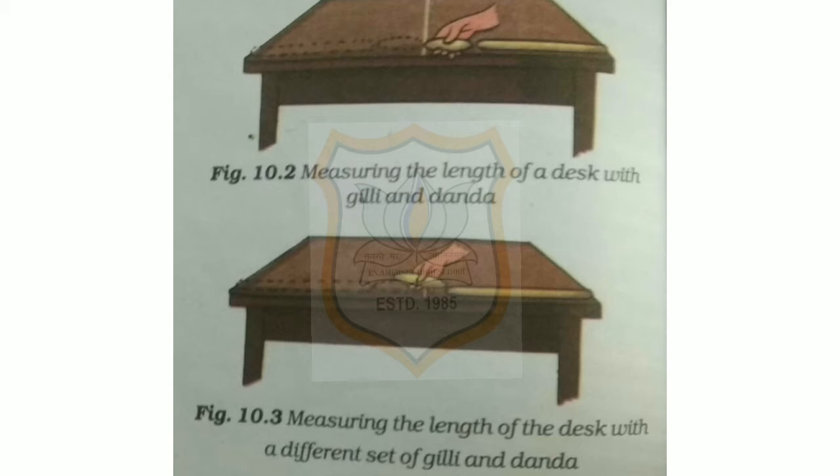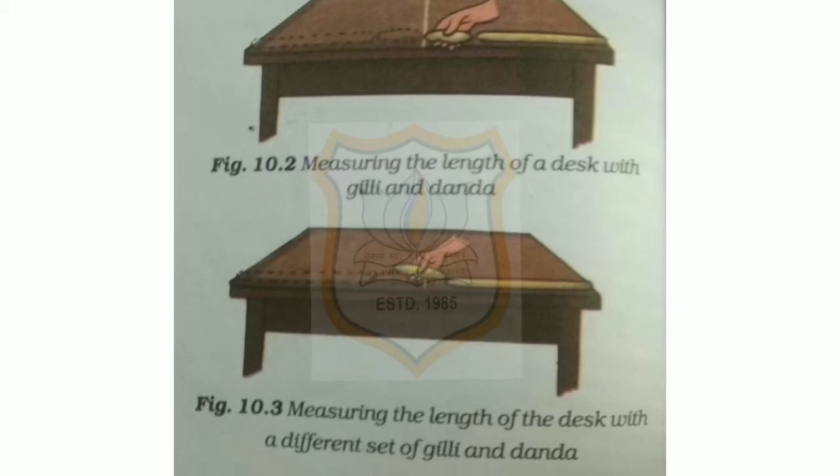Bujo now has a new set of gilli and danda as he lost his old one. Here is how the length of this desk seems to measure using the gilli and danda. You can see figure 10.3, measuring the length of the desk with a different set of gilli and danda. Now, when measured with the new set of gilli and danda, the length seems to be about two danda